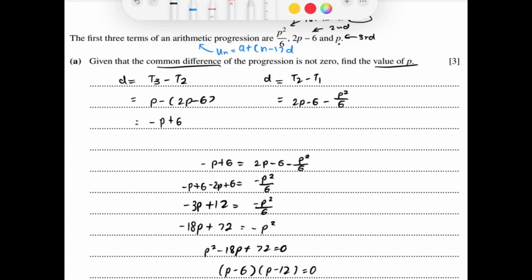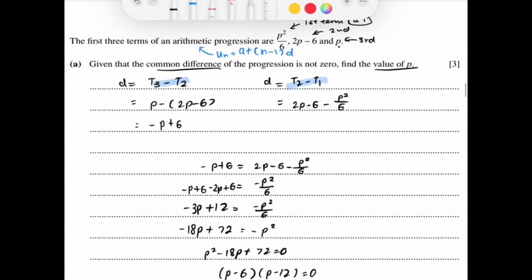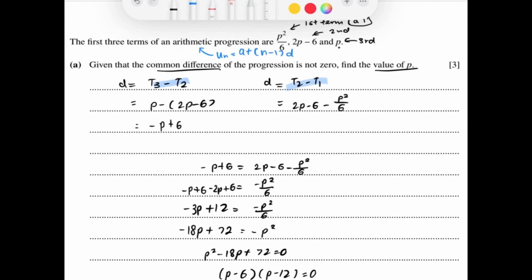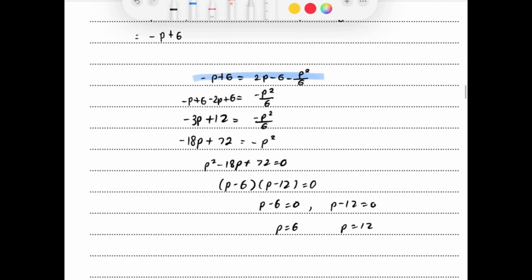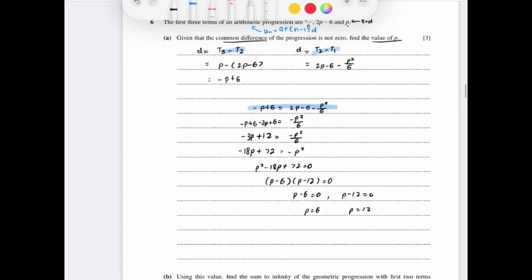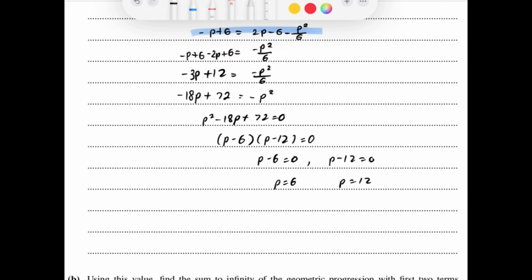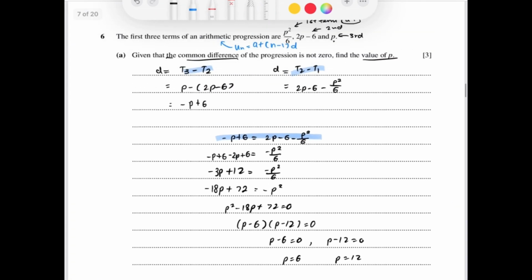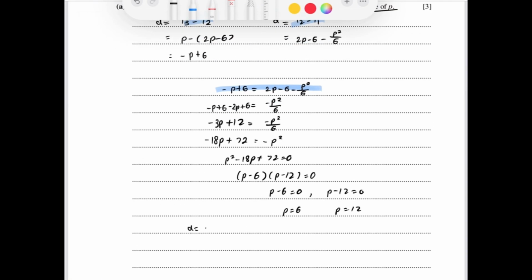I did my third term minus my second term, and then I calculated the second term minus the first term, and the answers should equal each other because the differences are constant. Okay, and then you just solve the quadratic equation. p equals 6, p equals 12. Once we get p equals 6 and p equals 12, we have to sub it in to the first